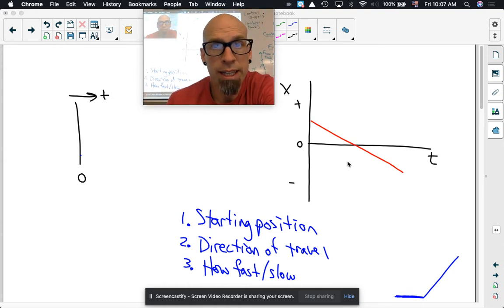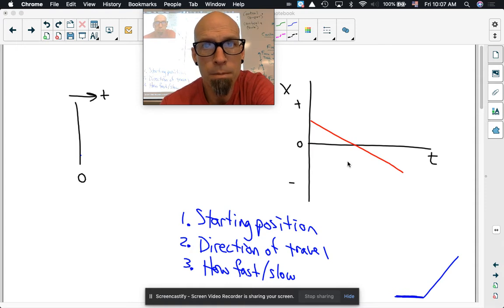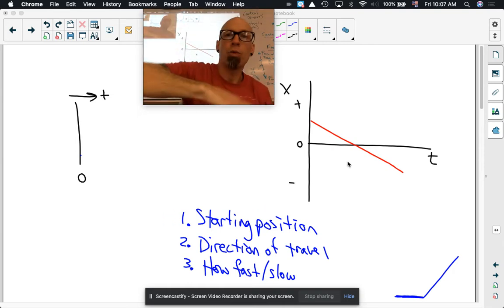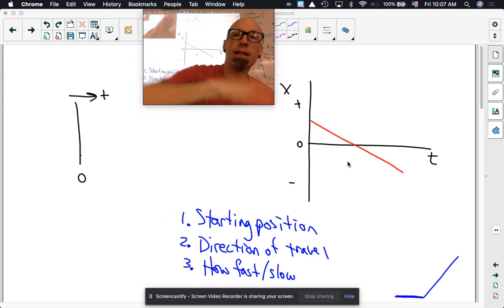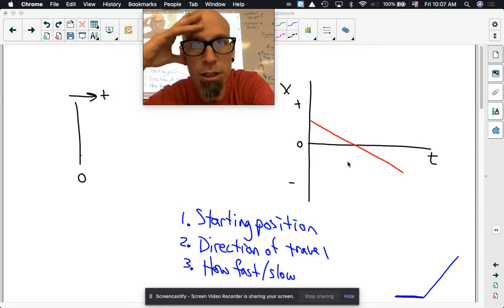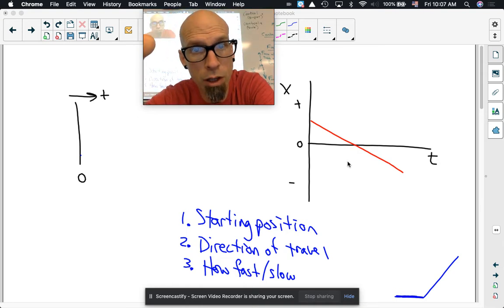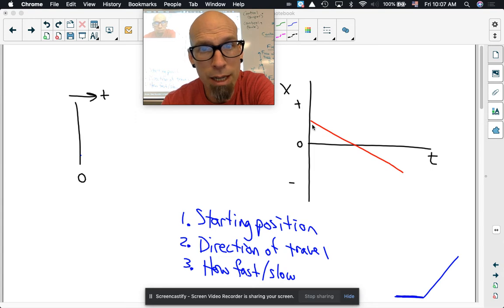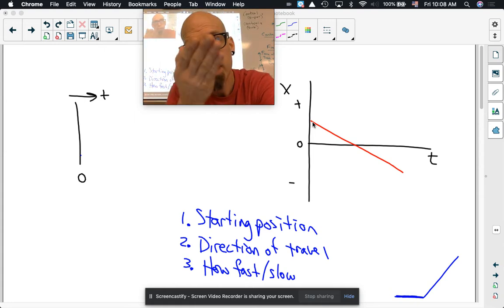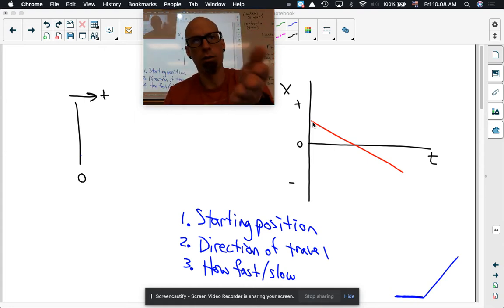Now, what direction is this thing moving? Well, what did we say about the direction from a graph? Remember, that's which way the line is tipped. Whether it's positive tipped or negative tipped, that tells us the direction. So in this case, what direction are we dealing with? That's a negative slope, right? So negative slope means negative direction. So we have a positive y-intercept. So the object starts with a positive position, but it's traveling with a negative